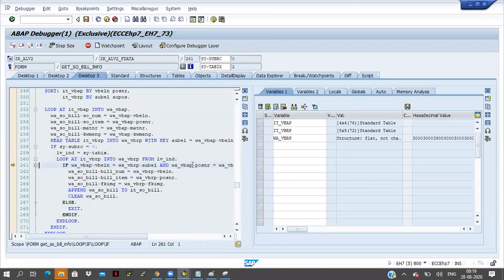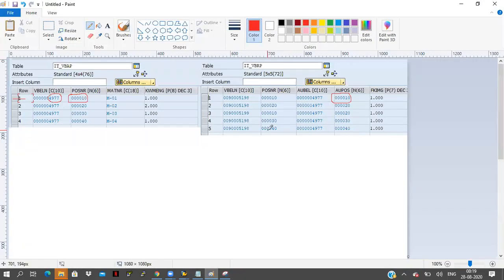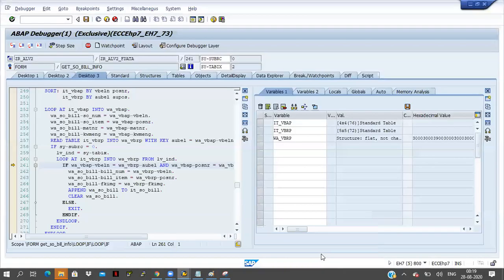It came to the second record of the internal table. In the second record, 4977 is correct, but the item number is 20 here. So what will happen? If I click on F5 button, it will go to the else path because the condition is not satisfied.